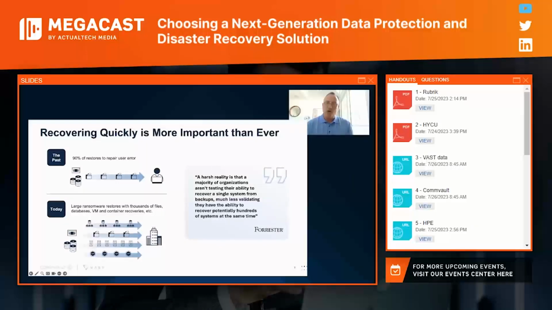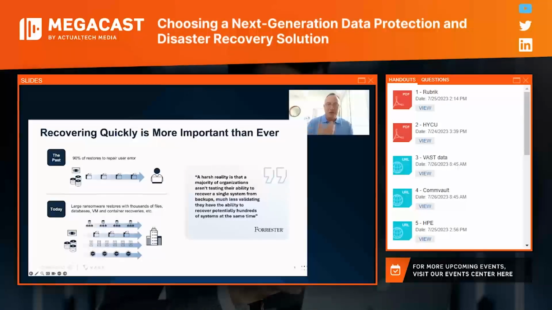And in that world, we're talking about also just the organic growth of data over the last half a dozen years or so. 500 gig databases are now 50 terabytes on their own. So that ability to have that instant recovery and that instant access is paramount today, more so than ever before.